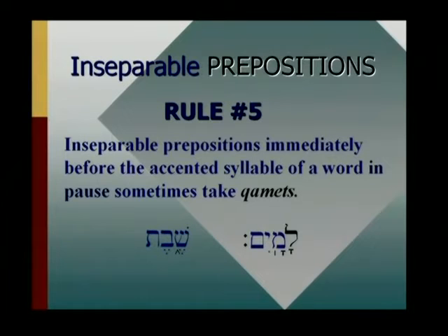Okay? If we have shevet, shevet is at the athnach. You see the athnach to the left of the first segol, so it's in pause. Notice that the vowel does not change on this one in pause, because it's only some words that change, not all. But because it's in pause, the vowel under the preposition becomes a qamets. That does not represent an article, by the way. That does not represent an article. This is the normal pointing of the preposition alone. The preposition alone. Okay?